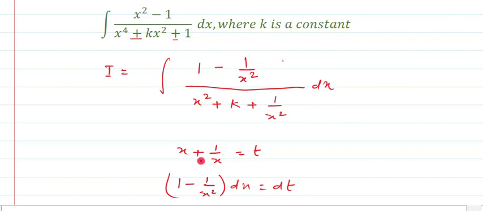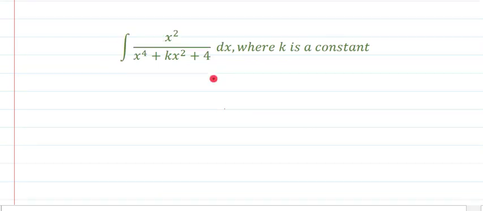So we are getting the same term. The change is: when we have 1 plus 1 upon x square, we should put x minus 1 upon x as t. And if we have 1 minus 1 upon x square in the numerator, we should put x plus 1 upon x as t. That means we should take a term whose derivative is the same as the numerator term. Now the method remains the same. Proceed as we did in the previous example.